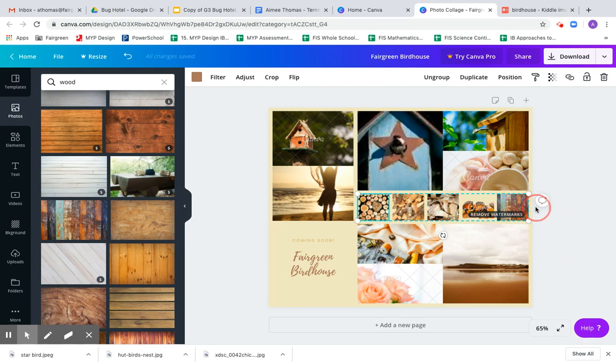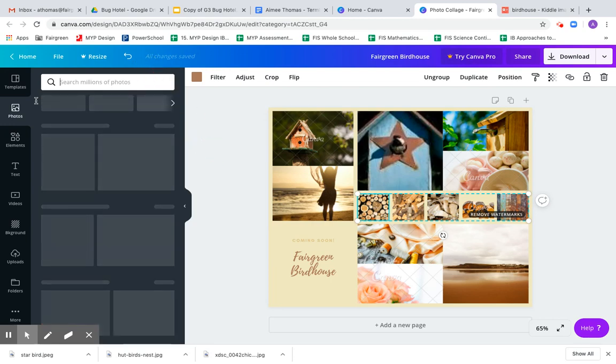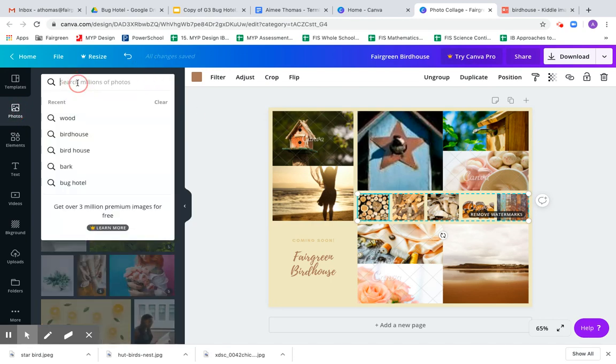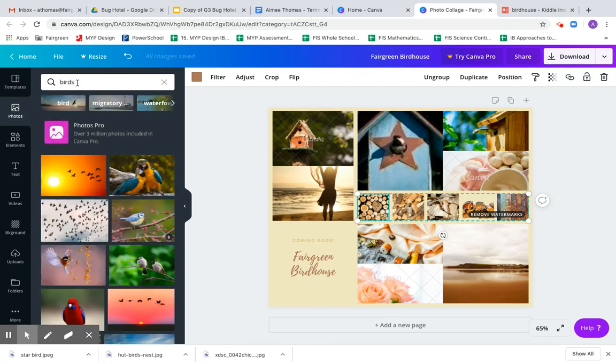Now the other part that you have to do would be images of the insects that are going to be attracted to the garden because of your design. Now, obviously, on mine, if it's a birdhouse, I'm going to be looking for pictures of birds. Now, I can, again, either put it into photos and click and search for different images of different birds that are available. However, this is going to show me just birds from all over the world, and I want specifically birds that are